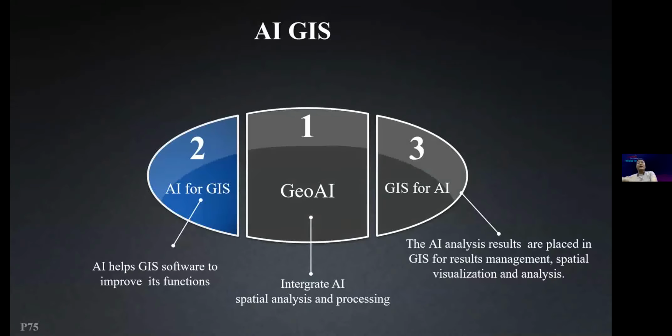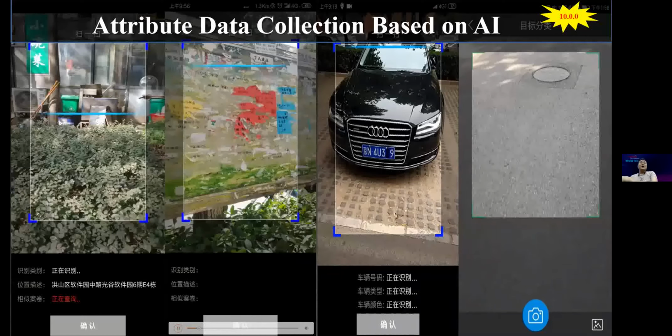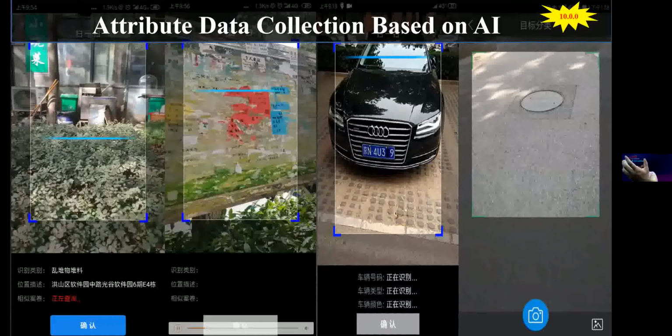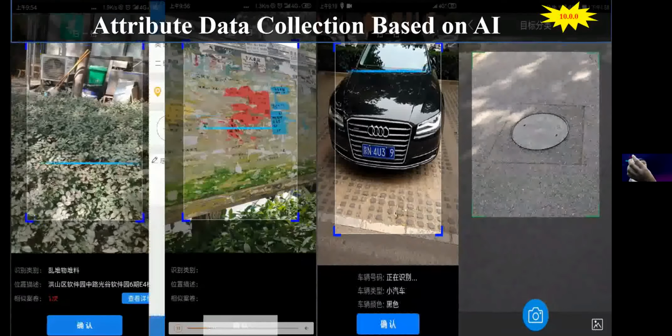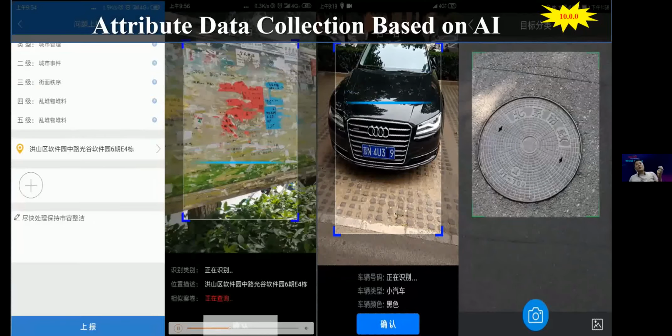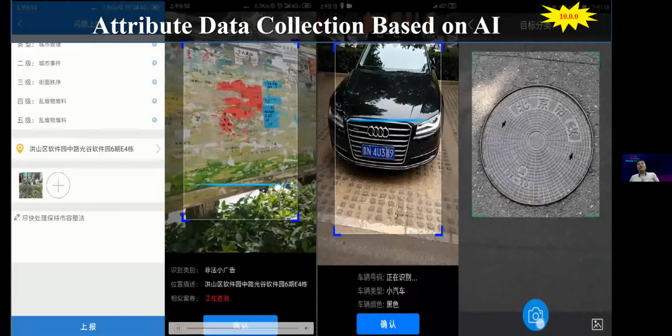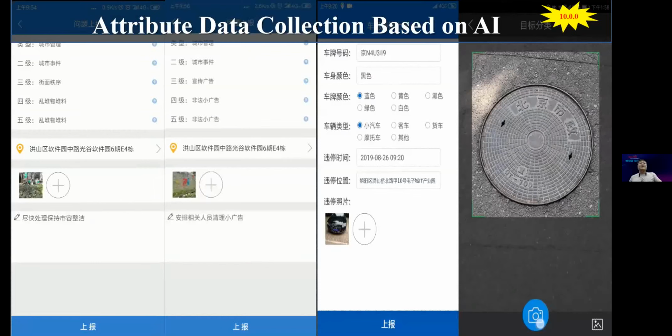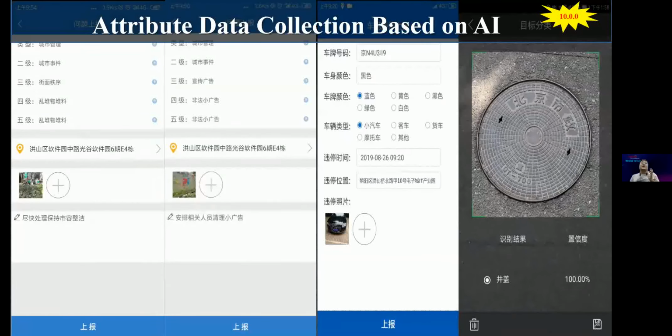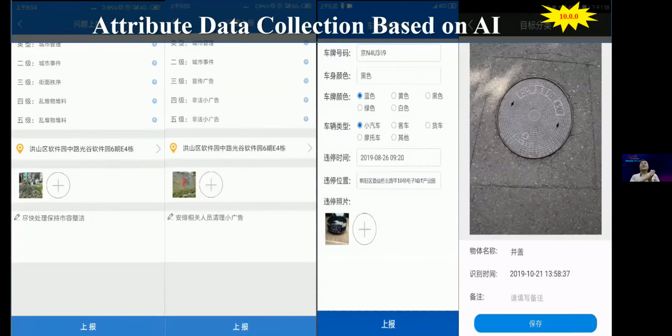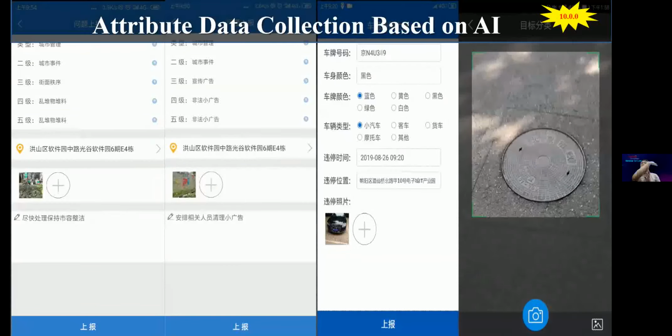And the second one is AI for GIS. AI for GIS means AI helps GIS software to improve its functions, such as this is based on the AI camera. We use the camera to point to an object, and it can detect the type of this object directly, and then we can upload this location and picture and the attributes of this object to the cloud